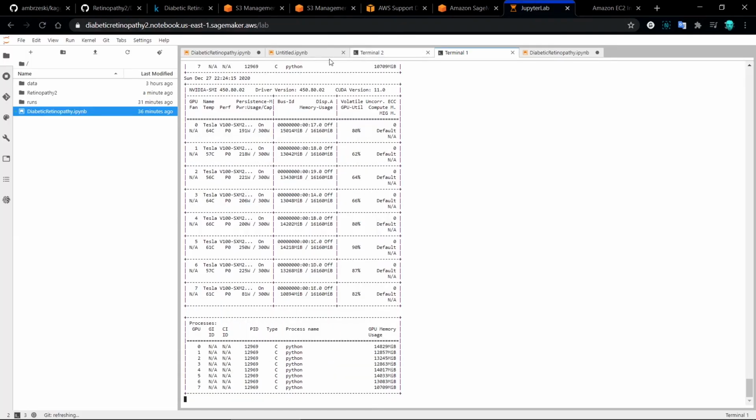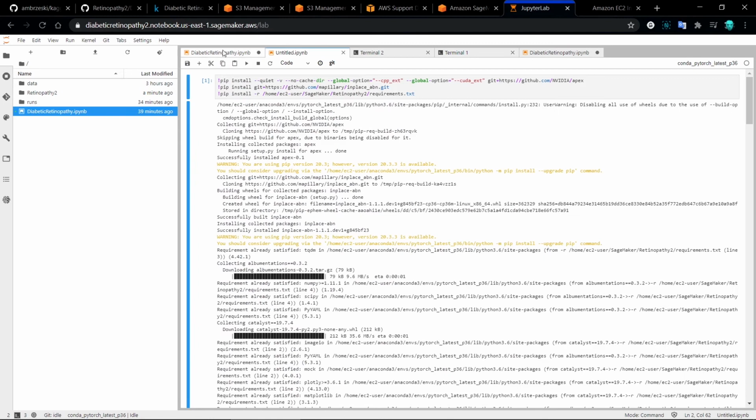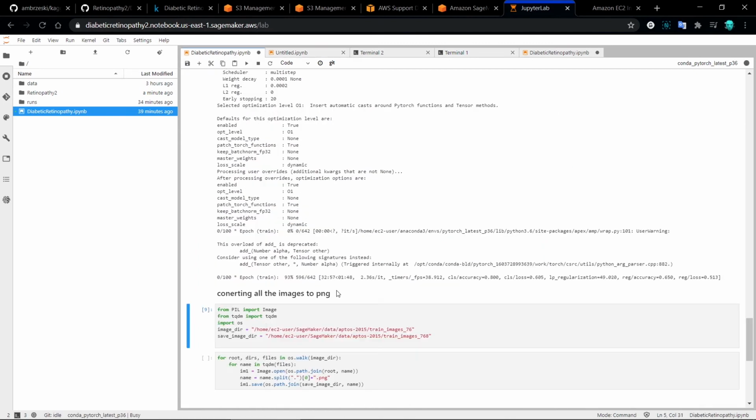Jupyter Lab, how long are we going to run? We have just completed the first epoch. It's about 93% completed. We'll see what kind of